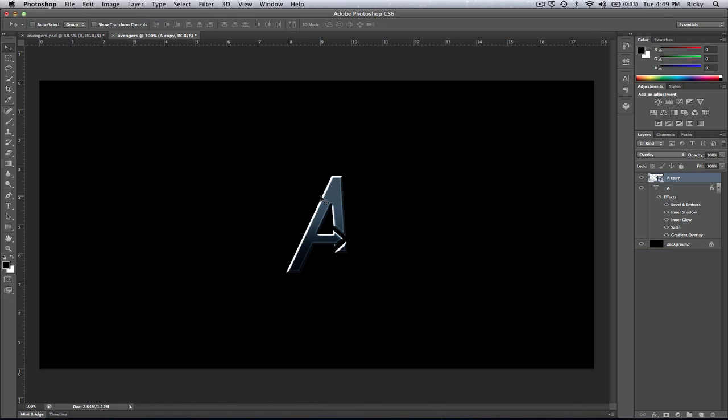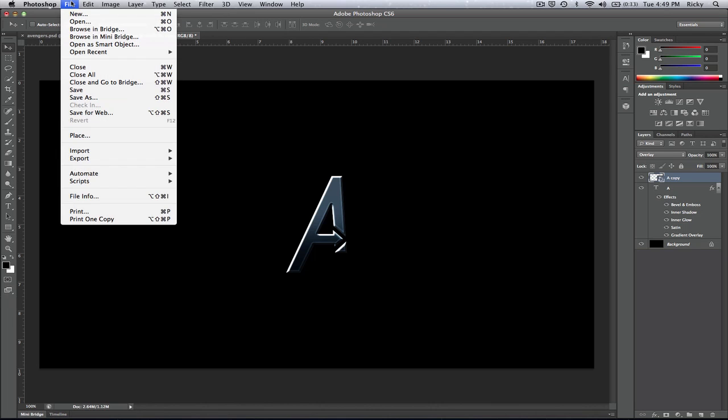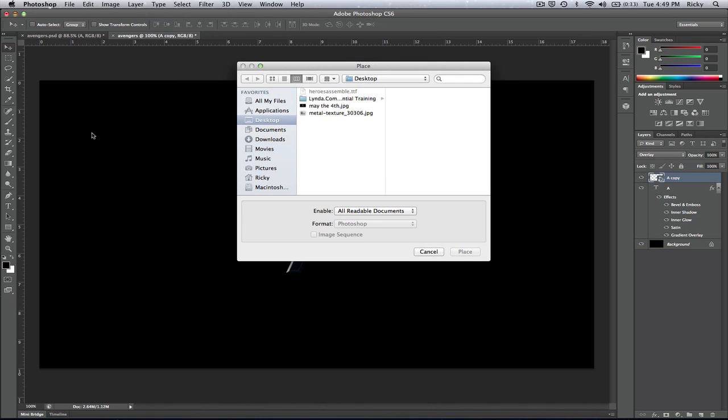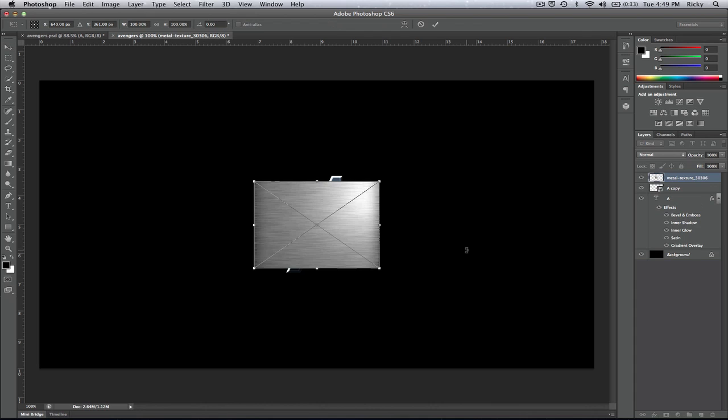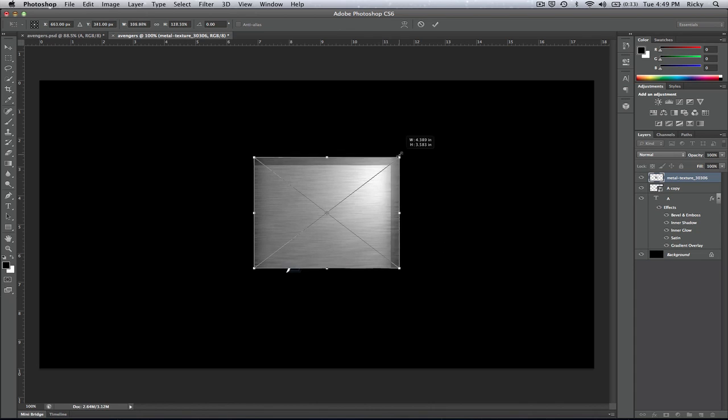Before we even do that, what I would like to do is add the metallic layer that's going to go on the A. I'm not sure if I mentioned it in the beginning of this video, but we are going to need a metallic texture. And you can look for that in Google. Just Google search it, and you will find many metal textures. Just choose the one that you would prefer. But for the purposes of this tutorial, I've chosen one that gives off a general metallic texture. So I'm just going to place that in my document, resize it a bit,